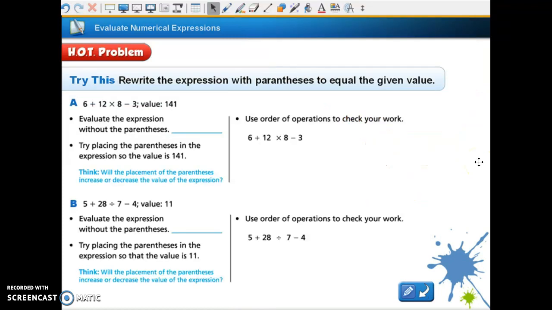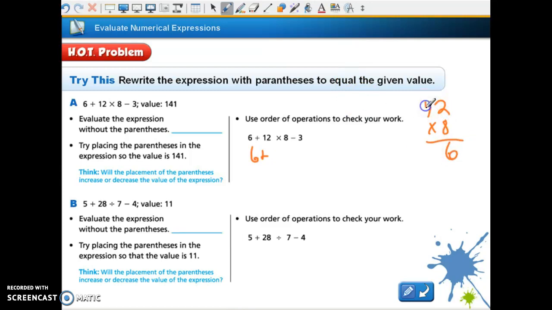Okay, now we're going to look at example A there on page 48. It says rewrite the expression with parentheses to equal the given value. 6 plus 12 times 8 minus 3 is a value of 141. It says evaluate the expressions without the parentheses. So let's evaluate this. We would have 6 plus, then we would do multiplication, because after parentheses is multiply and divide. So 12 times 8,